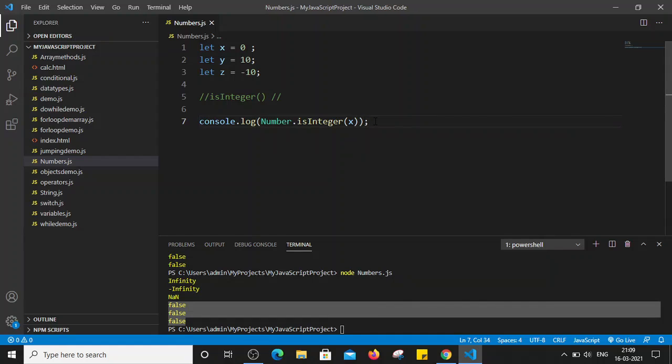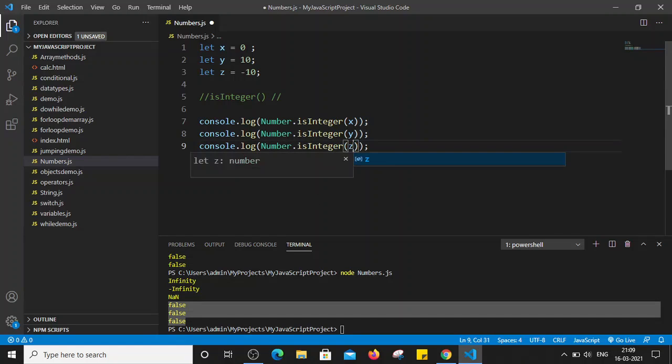Similarly, let's check for y and z as well. Let's save the file. All the three values here, that is 0, 10 and minus 10, are integer values. So the isInteger method should return true.